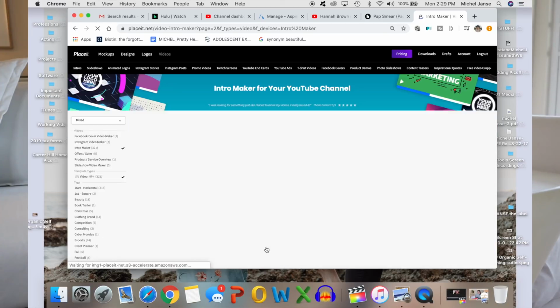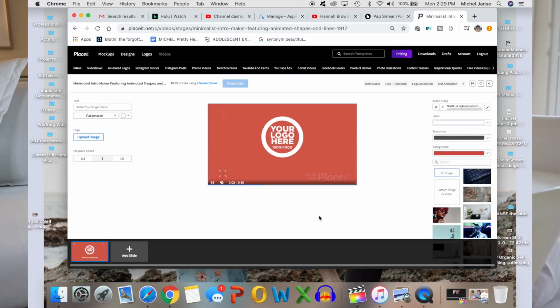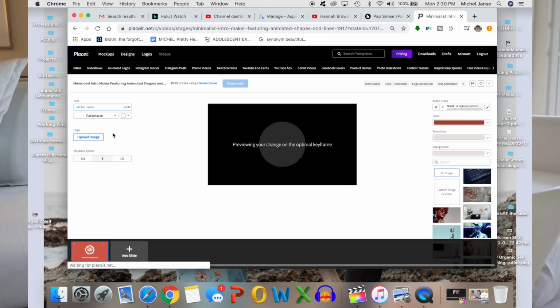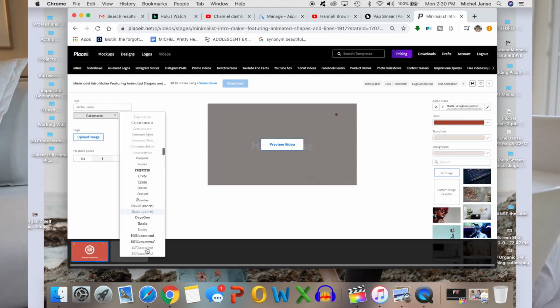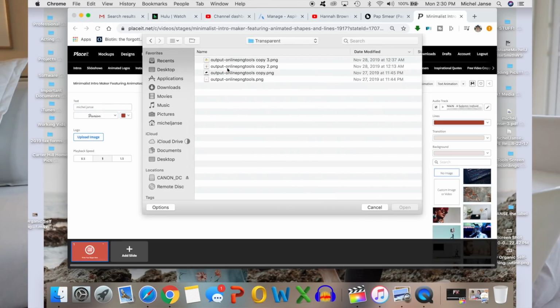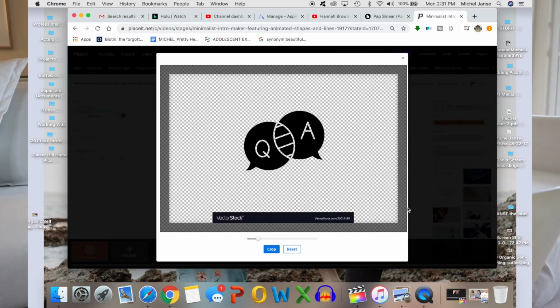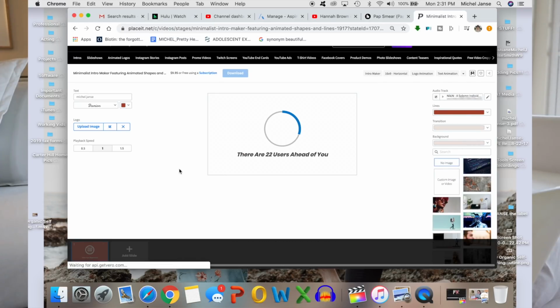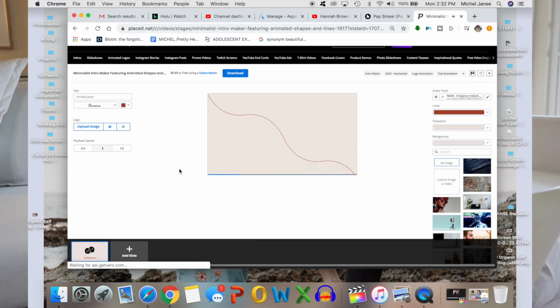You can go into the template and then change the song that you want. You can change the colors, you can change the font, the text, you can upload. I have created my own little almost images on Canva and uploaded that as the logo. As in my example here, I have a Q&A that I uploaded as my logo because that's actually the title of the video. So it's very customizable, but obviously not custom, to where you could hire someone that does